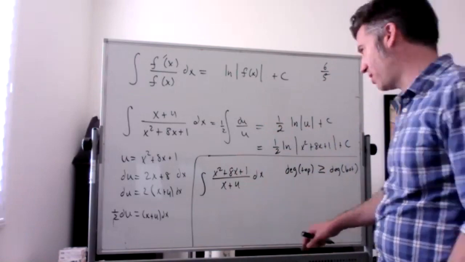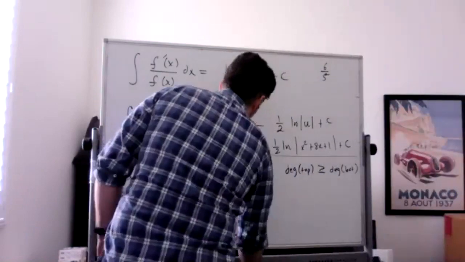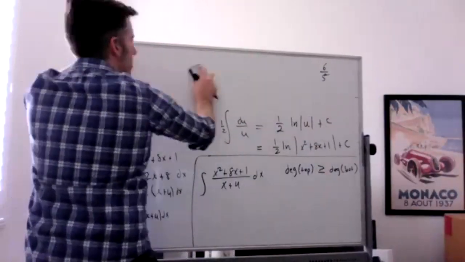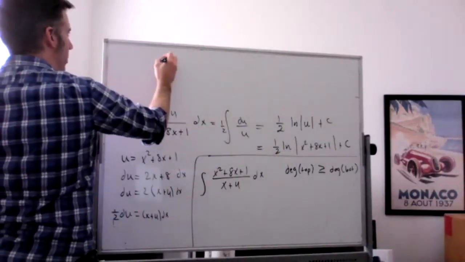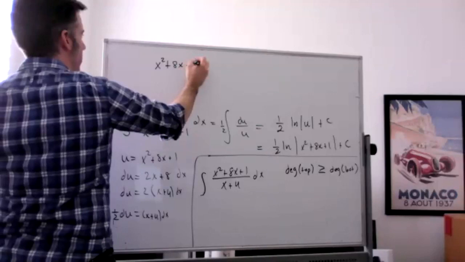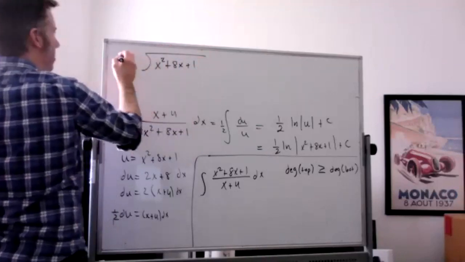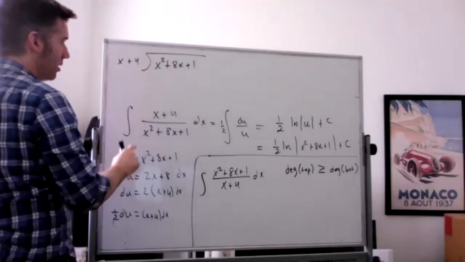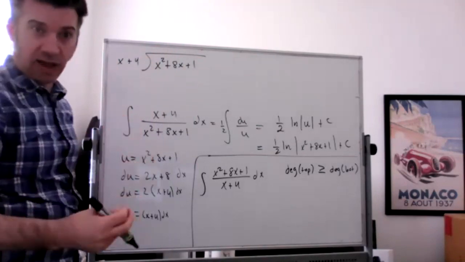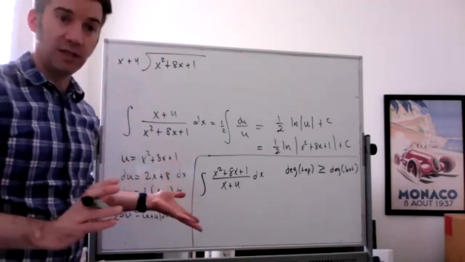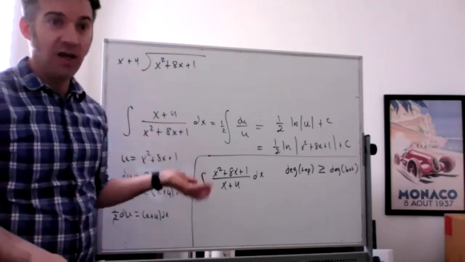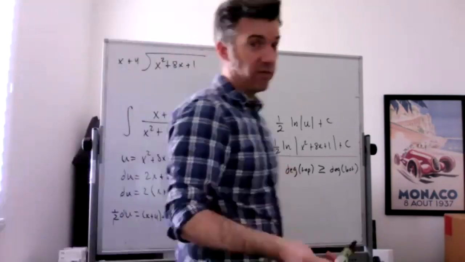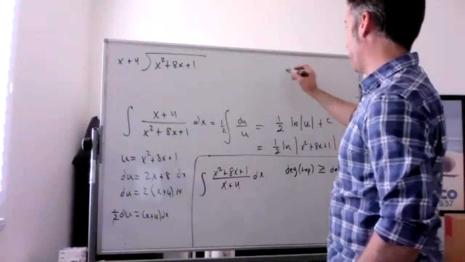So I probably don't have quite enough room here. Let me do the polynomial division up here. So we're going to do x squared plus 8x plus 1 divided by x plus 4. So the way we do this, I hope all of you have seen this before. If you haven't, that's okay. I'm going to show you how to do it. Just like regular division, let's say you're doing, I don't know,